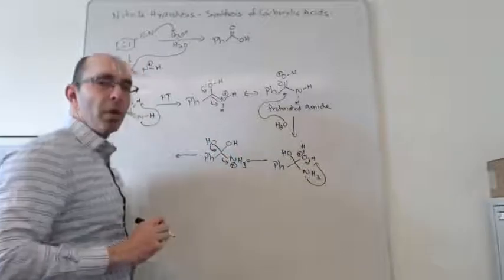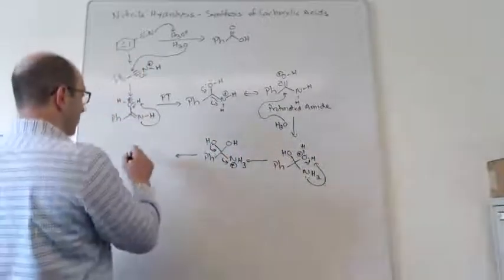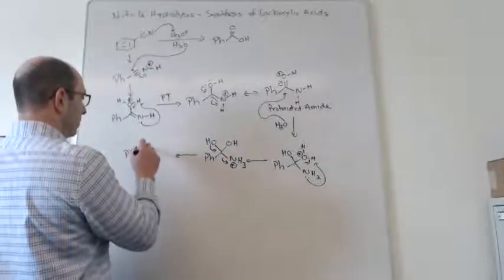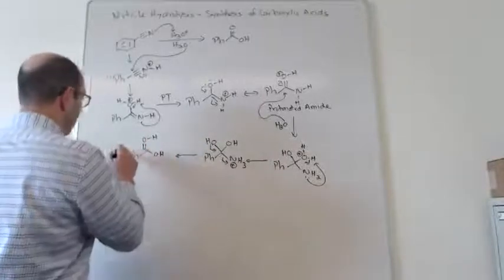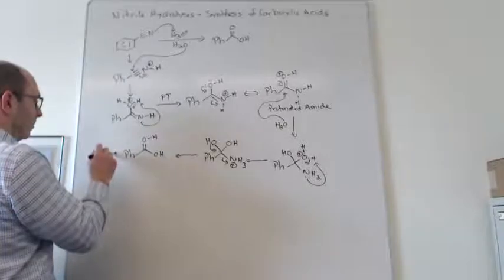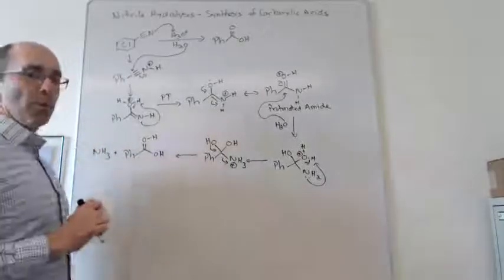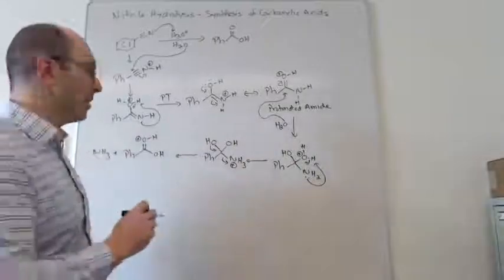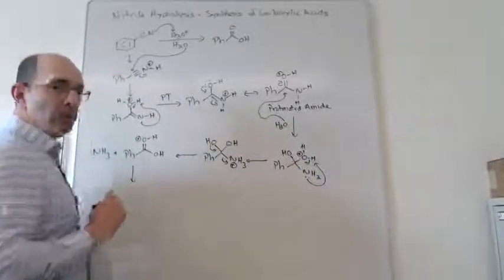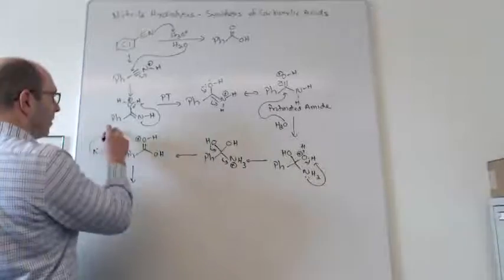And so we reform the carbonyl, have the nitrogen leave. So ammonia is our leaving group. We end up with a protonated carboxylic acid,